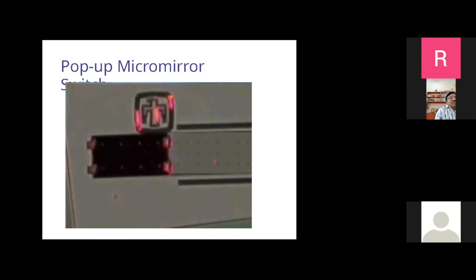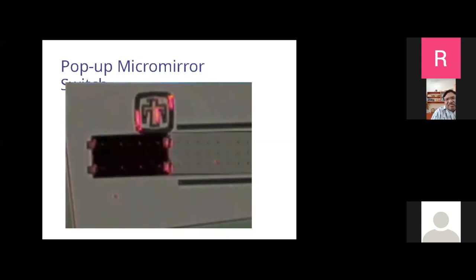So using such a system, you can make optical switches or maybe optical clocks. If you want to make digital optical systems, you require digital optical clocks. So you can make optical circuits, logic circuits using pop-up micromirrors. And of course, there are a lot of other applications of mirrors. Yesterday, we saw in an example that you can use mirrors for routing applications. So I'll show some of those even now. The mirror is lying flat, light goes straight, and when the mirror pops up, the light gets deflected.